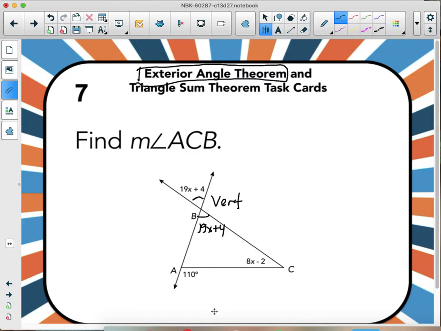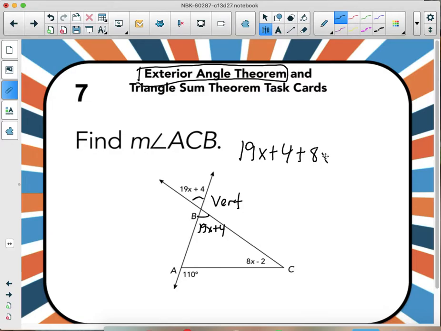Some of you are like, well, Mr. Schultz, I would subtract this from 180 to get this 70 over here because it's a linear pair, they're a straight line, and then do my triangle sum theorem. That's fine. Again, I'm just going to use the theorems as much as I can to show you as we go through this. So here I'd have 110 is my exterior angle. Remote interior angles are 19x plus 4 and 8x minus 2. So here I'd have those two added together